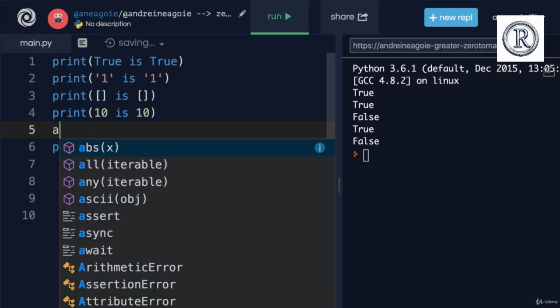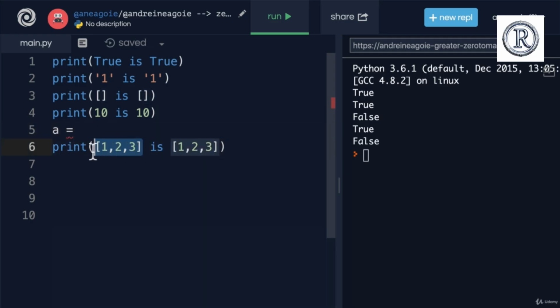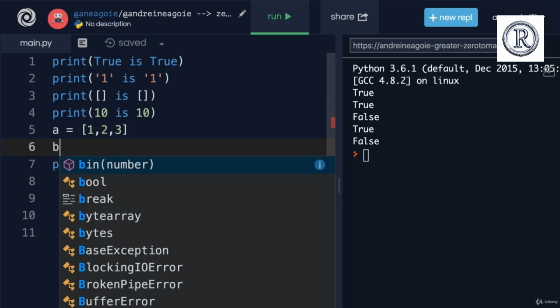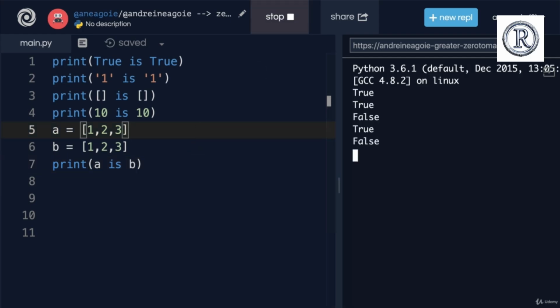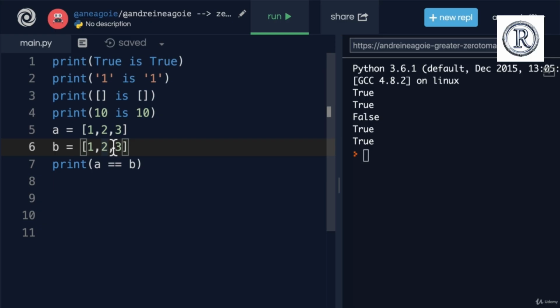So even if we have a variable A that contains this list, and by the way, this will be the same for all our data structures like dictionaries, sets, tuples, if I do B equals this, and I check A, is that B? Nope, they're created in a different memory space. So where A points is in a different place than where B points. But if I do A equals to B,